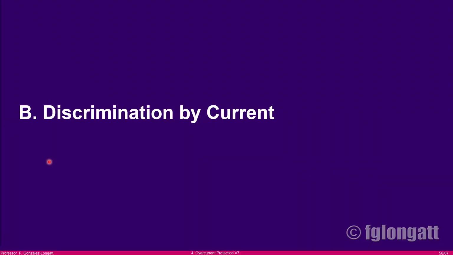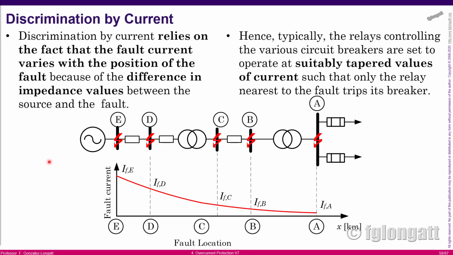Then we have another method, and that is discrimination by current. To be honest, for many years we have been using discrimination by current, especially in distribution systems. And one of the reasons is the physical reason that if you are far away from the generation point, the short circuit levels are smaller. But when you start moving nearby to the generation, the fault currents start to increase. To be honest, at first glance that allows you to create a very simple and very basic rule for